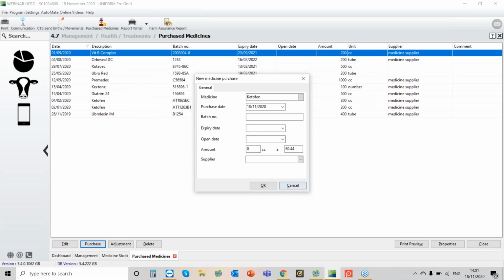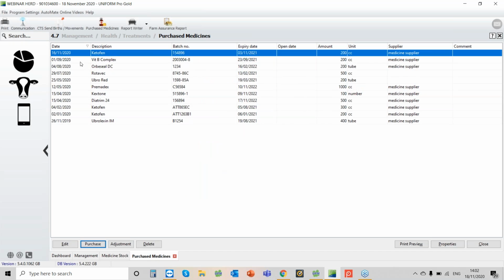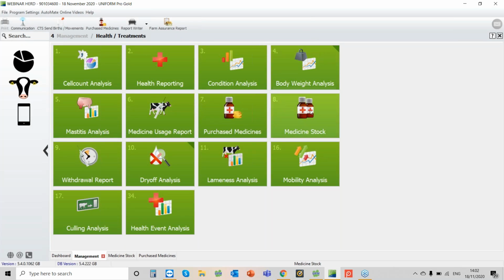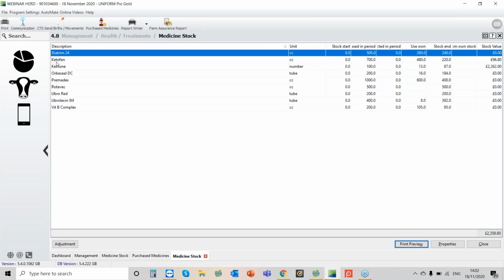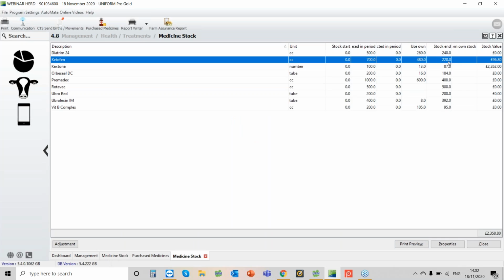There. Then we can put in the date that we purchased the medicine, pop in your batch number, put in your expiry date, and then the amount that you've bought, and then you can also put in where you've got it from. And then when you click OK, you can see that new purchase is at the top there. And then if we go back to our medicine stock,